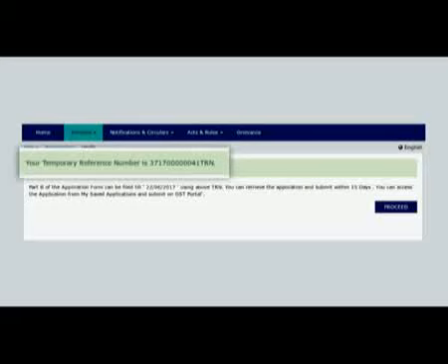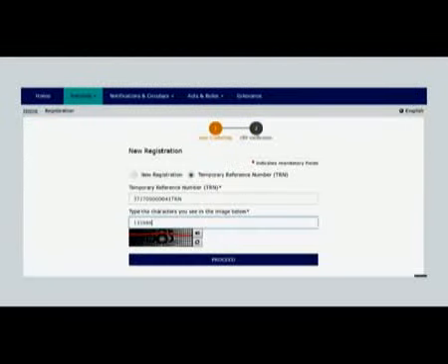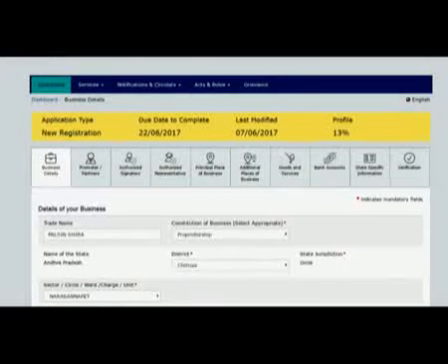This TRN will be valid for 15 days. The new registrant can use this TRN for proceeding further. An OTP will be received again on the phone and email. After entering CAPTCHA, the main application shall open with 9 different tabs and one verification tab for the convenience of